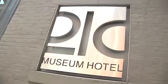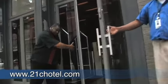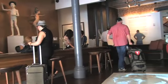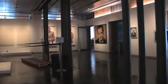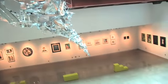Now, one of my favorite museums to go to on Main Street is the 21C Museum Hotel. It's one-of-a-kind, very unique, and it's right here in Louisville, voted one of the best hotels in the world. The cool thing about this is the art does rotate out, but even better is after you get done looking at the art, you can go to Proof on Main, which is a bar and restaurant,